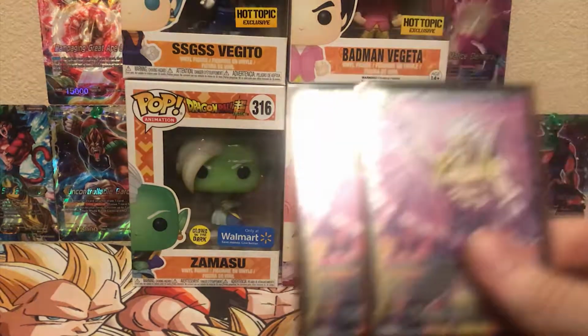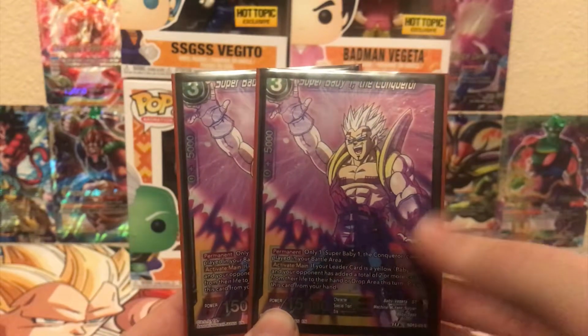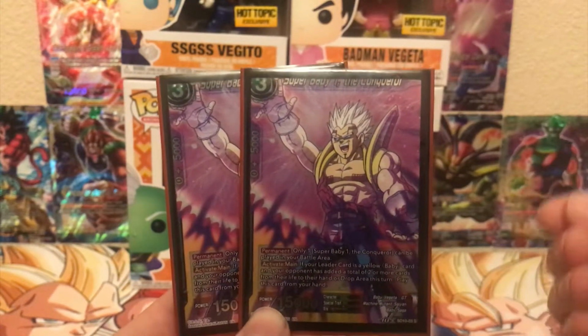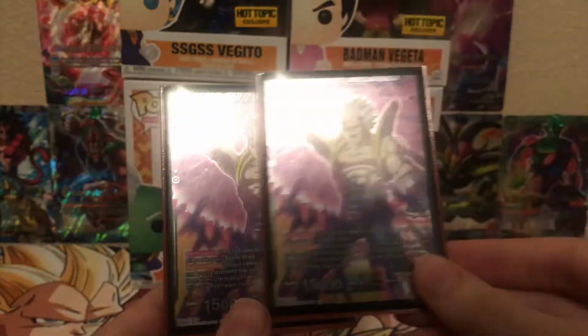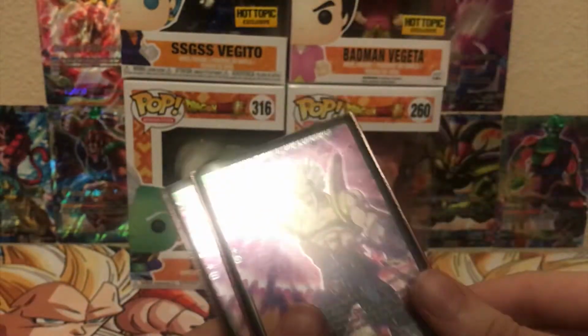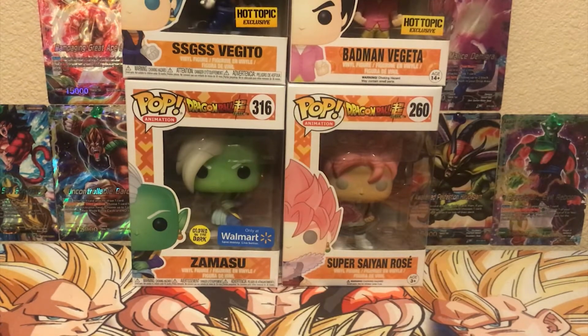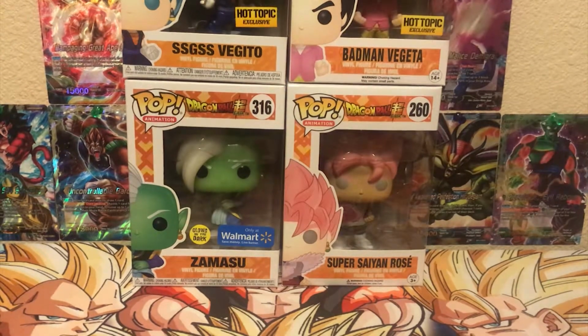So then we got Super Baby 1, All-Consuming Terror. So only 1 can be in your battle area, and if your leader card is Yellow Baby and your opponent took 2 or more damage this turn, you play this card for free. Just an additional 15k attack. It's really nice to apply early game pressure. So if you have Parasitic Menace or anything that's 25k or more that's red,